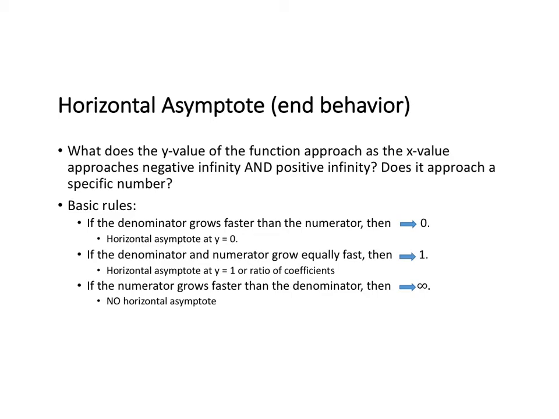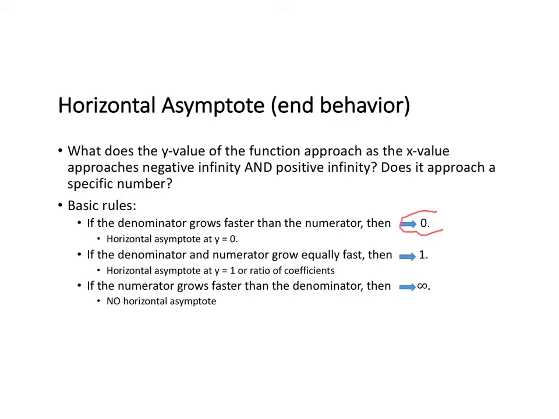So now let's look at the horizontal asymptote. Another way of looking at this is end behavior. As x goes really close to positive infinity, what's happening to the function way out to the right or way out to the left? And we're looking to see if it approaches a specific number. Now, the basic rules state, if the denominator grows faster than the numerator,